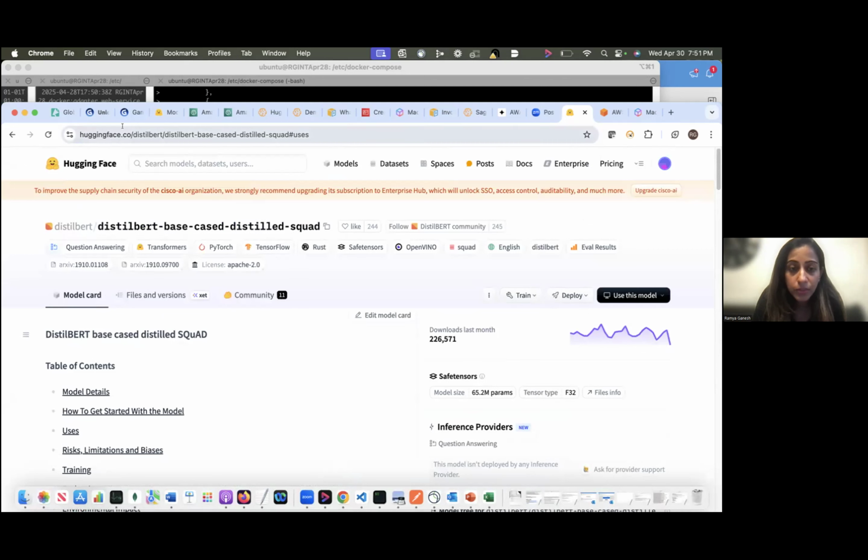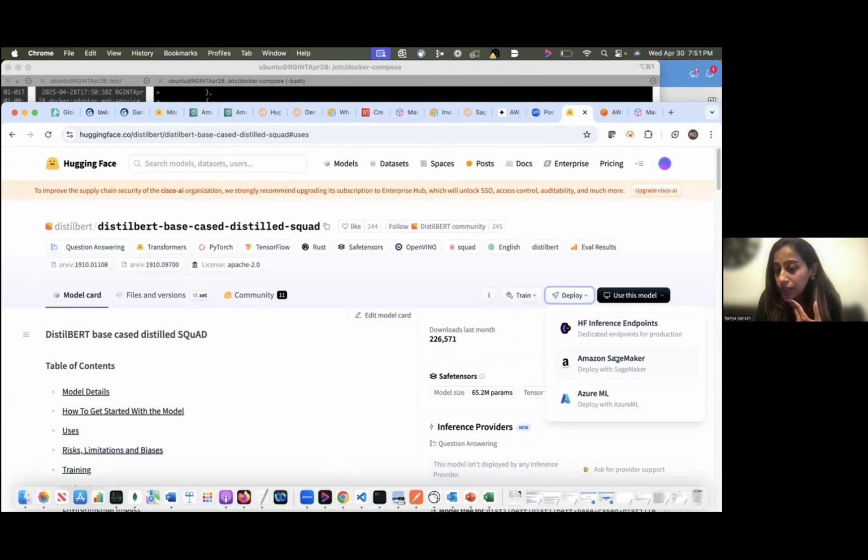In the Hugging Face UI itself, you can train a model. You can integrate with SageMaker. It does offer that option. You can deploy using SageMaker. You can see how Azure is also available. But for most of the models, you will see Amazon SageMaker available. So that's how powerful this one is. It offers a lot of integration with that.